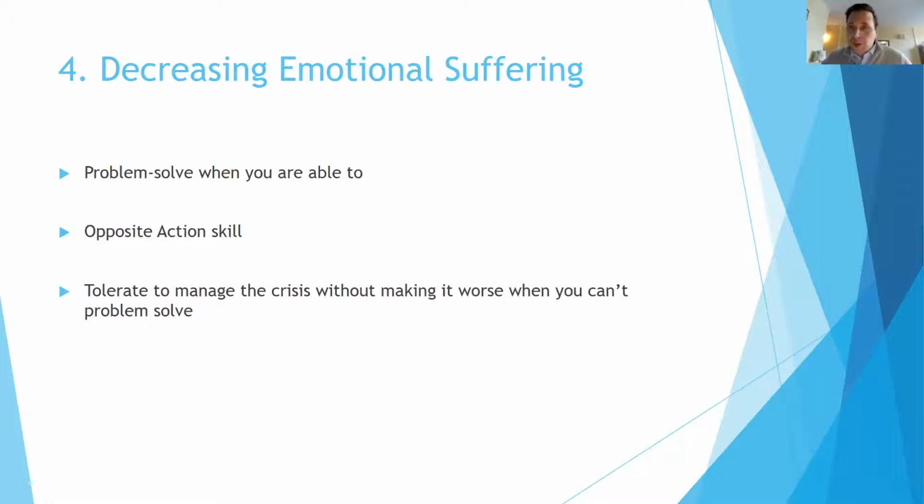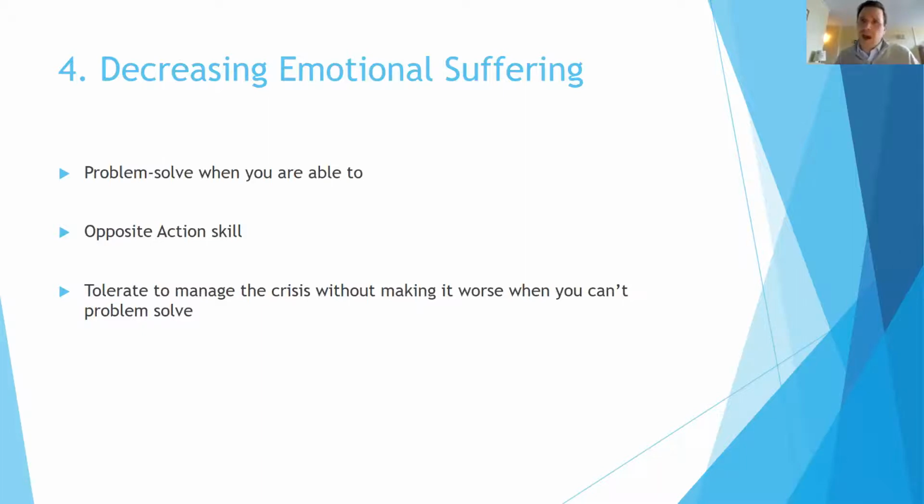And so problem solving when we can is always useful. So if I'm feeling really anxious about these bills, and it's a really hurtful, disappointing, embarrassing, or anxious feeling to have these bills and not feel like I can pay them, and if I can problem solve that by trying to call somebody to help me work on some financial aspects, I'm still going to feel embarrassed or anxious or depressed or whatever the feeling is related to that. But I'm going to feel that less often if I can try to problem solve through that emotion, right?